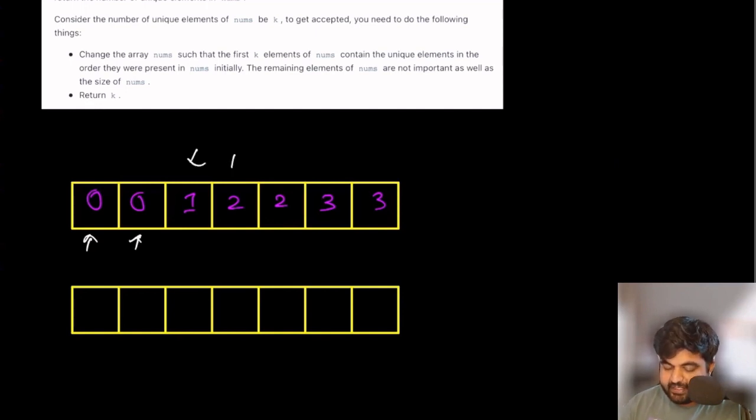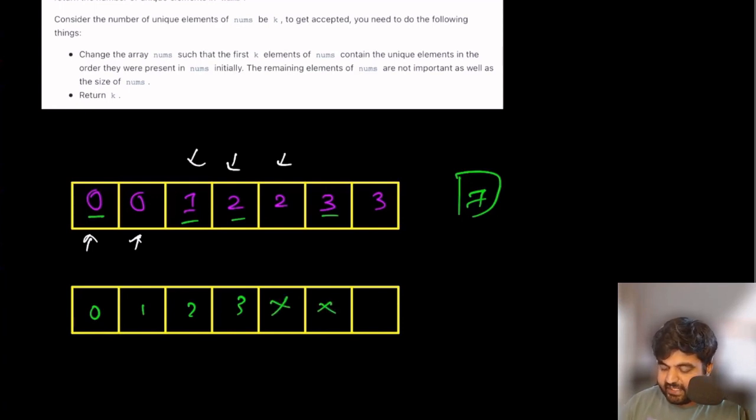So the moment we identify duplicated entries, we don't care about all the duplicated entries, but the thing we care about is that in the initial portion of the array, all the distinct values have to be present. All the other values, we can mark them as anything like X or underscore or hash or whatever you want. We don't care about those values. So in this case, we are given an input array with 7 characters. But if we see the number of distinct characters we have, we only have 0 as a distinct character. Then we have 1, 2, and 3. So 0, 1, 2, and 3. These are the only distinct characters we have.